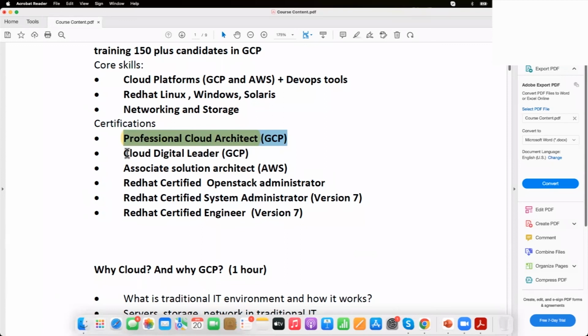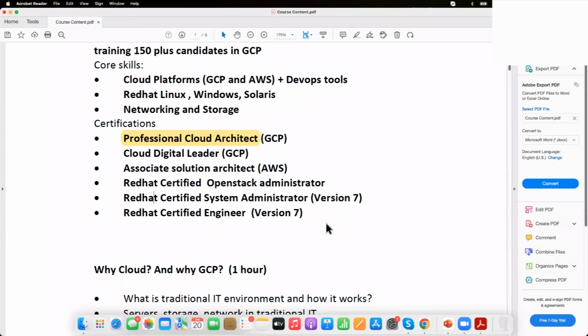This is again a GCP certification, introduced last year. It's not important for you to go for it. It's for those who are doing management, sales, and all. This new certification is less technical. I mean, technical only, but the complexity is less. It is introduced for managers and those in technical sales. I just wanted to see what this certification is, so I appeared for the exam and it was good. So these are the certifications.